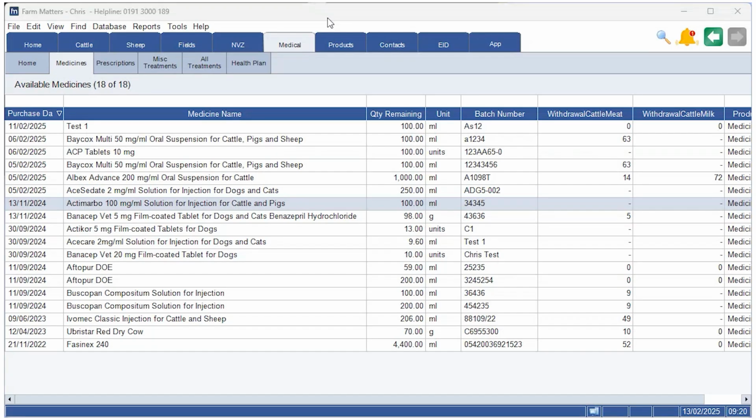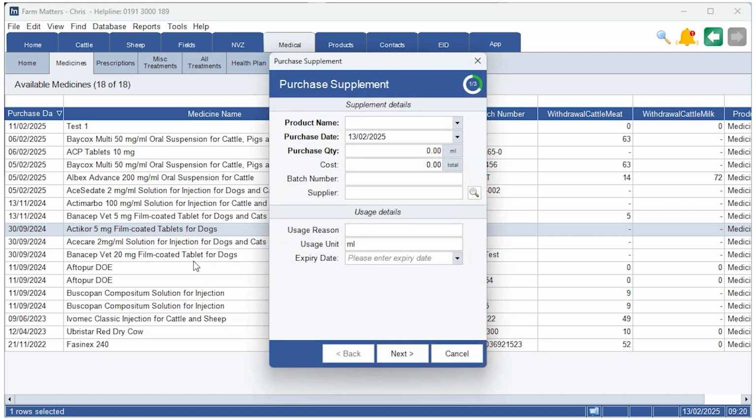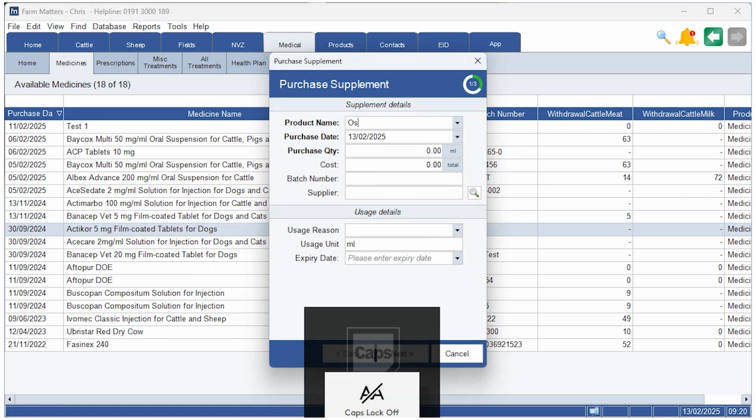To purchase a supplement, I follow a similar process to purchasing a medication. Right click on the grid and choose Purchase Supplement, and then follow the screen through, adding the information which is required. In this instance, we will use Osmond's electrolyte,